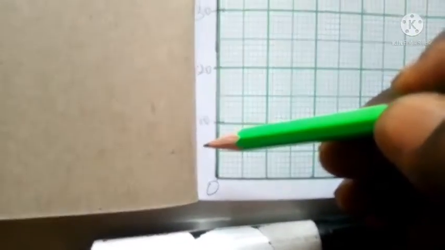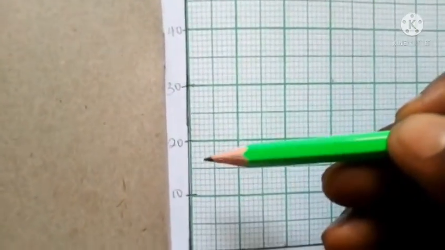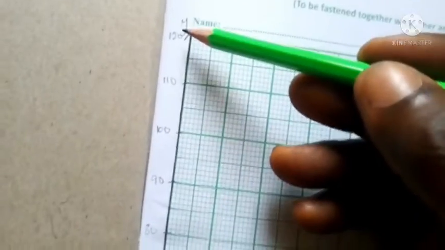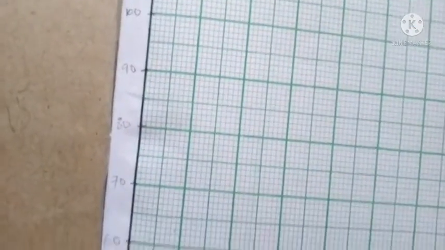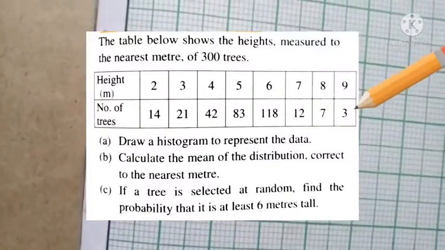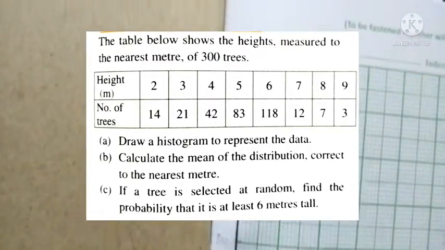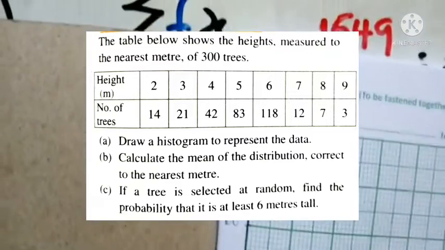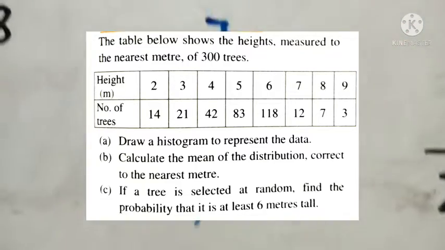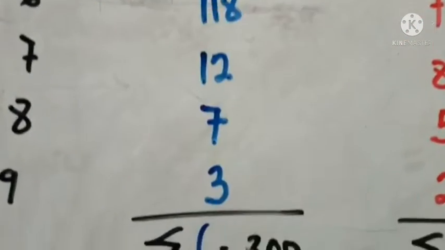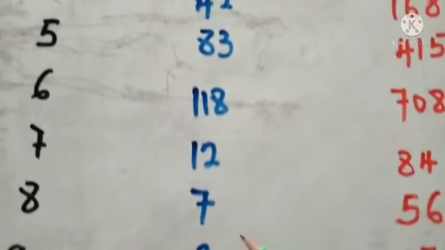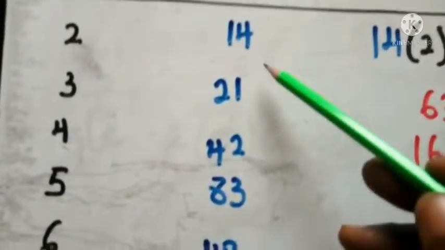So you just have to look at the smallest number and the largest number among the information being given. So here, now that we know the numbers that are supposed to be on this axis, we know that the smallest among them is 3, and then the highest among them is what? 118 from the question, right? So 118, right? When I look at my table, you can see that the smallest one is 3, and then the largest among all these numbers is